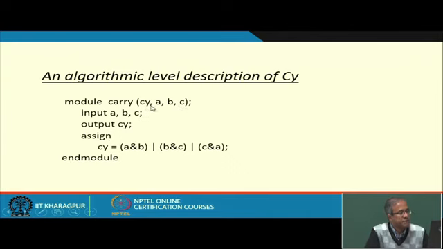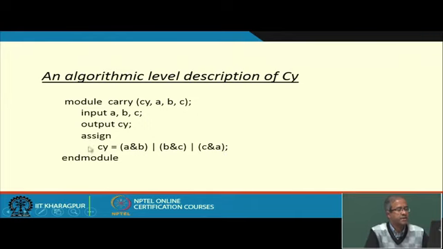The full adder will have two outputs, carry out. This carry is not a full adder, only the carry part. The output will be carry and the inputs will be A, B and C. So, I declare the input variables, I also declare the output variables. Then I assign, this is AND and this is OR, A and B or B and C or C and